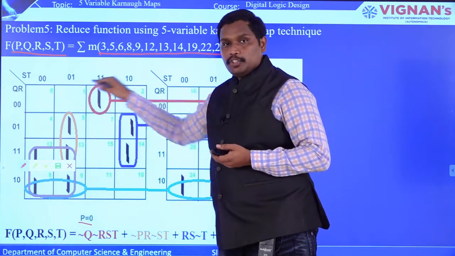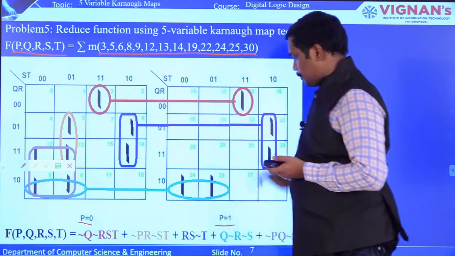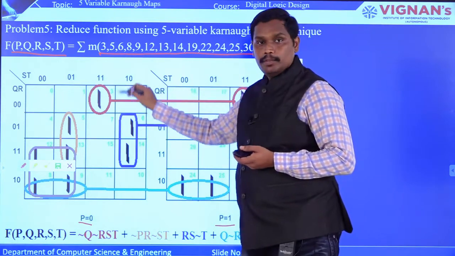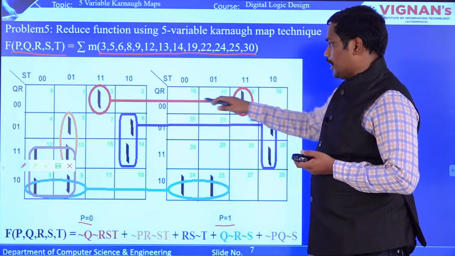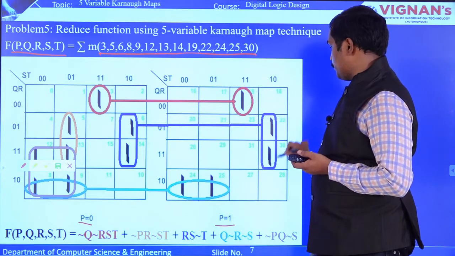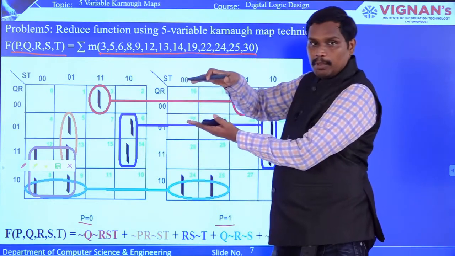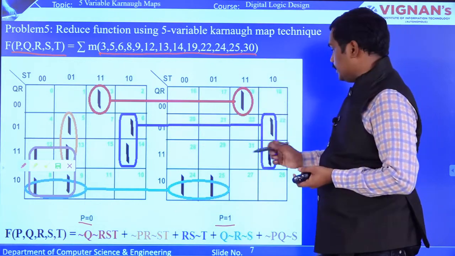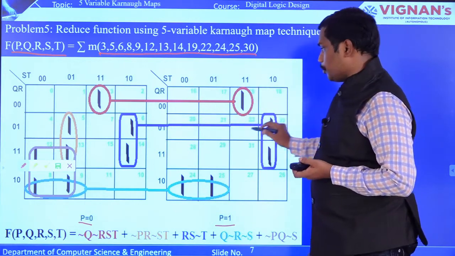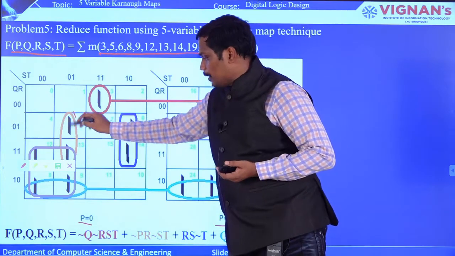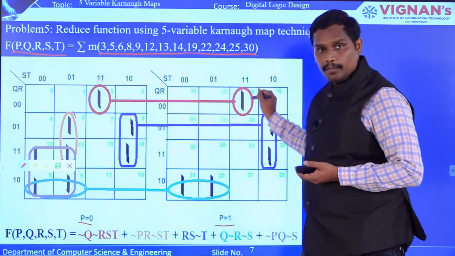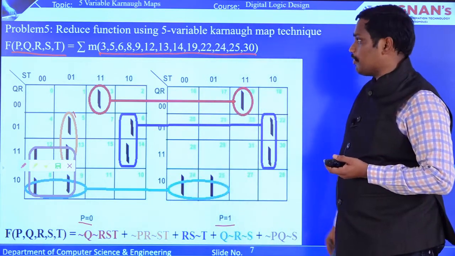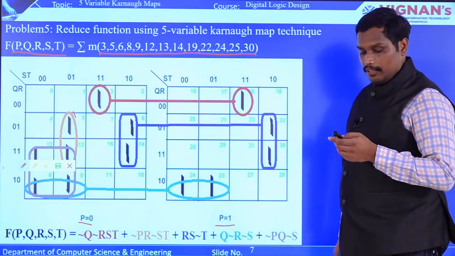As you know the positions of the Karnaugh map, you can represent it, and now this particular one can have a pair condition. So based on this particular pair, and this can be formed as a quad because the Karnaugh map looks like a mirror. So those particular positions can be formed into a group of ones. So this is one group, this is one group I have framed, and this is one group, and this is one group. So based on the coloring patterns, I have generated terms, which is a simplified expression for this 5 variable Karnaugh map.